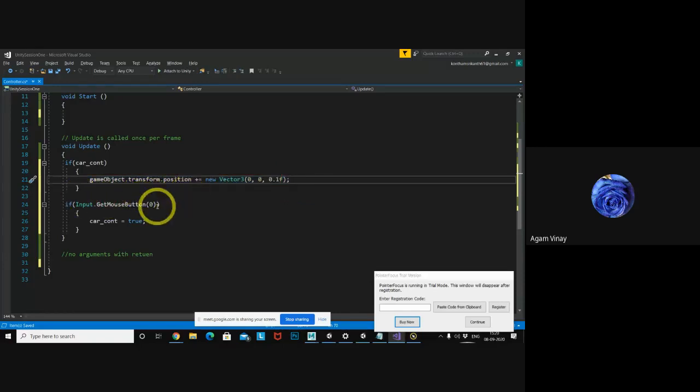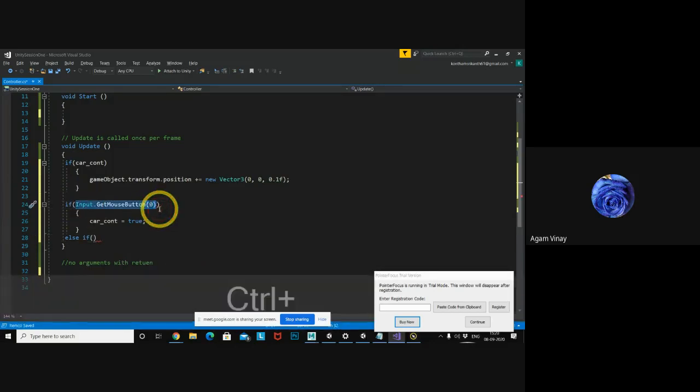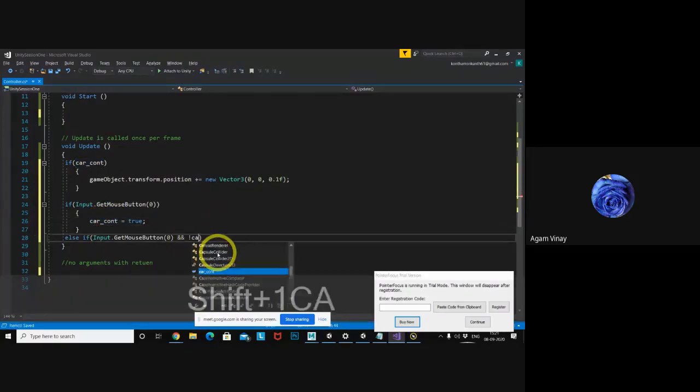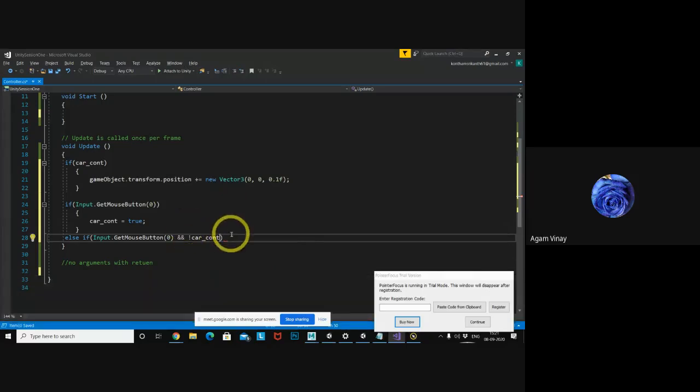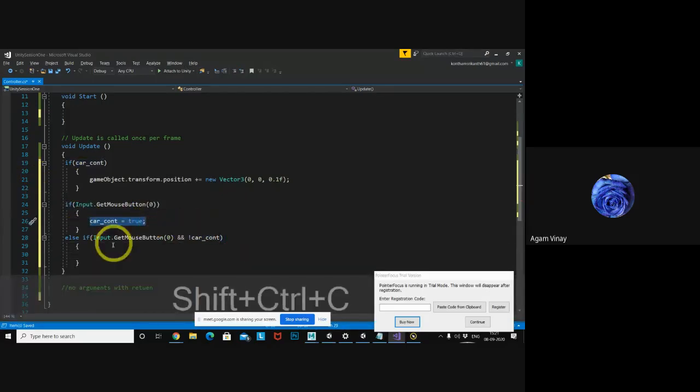So for the second click, the car control should be false, right? So how can I check that one? So I will write else if. Else if, what will I do, if you click this one and the car control value is true, right? Car control value is true means what should happen, this value should be false.